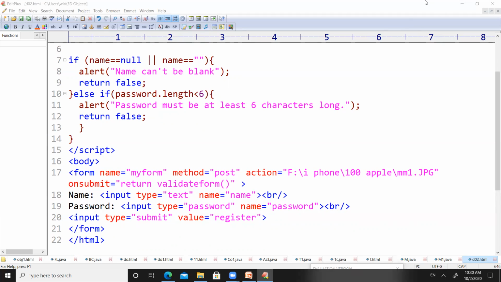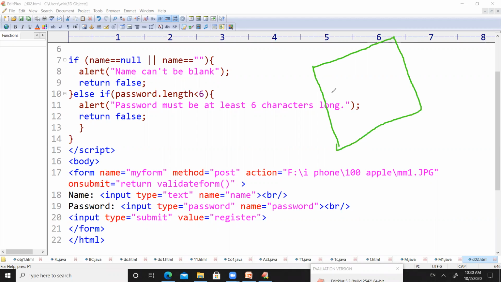So here what will happen is over the output screen, I will show by drawing something here. For example, if this is the output screen, here name will be printed, and after the name we will have a box which is called a name field. So we can enter any text and the text will be displayed on the field, and here there will be a label called password, and after the password label there will be one field in which we can enter some password. All the things which we enter in this password will be in dots.